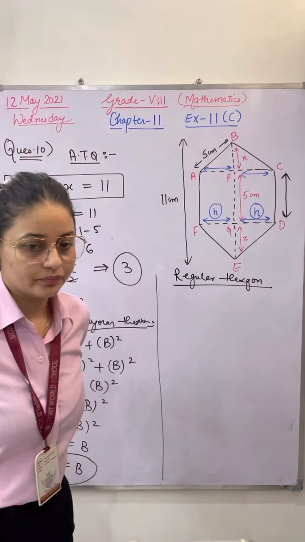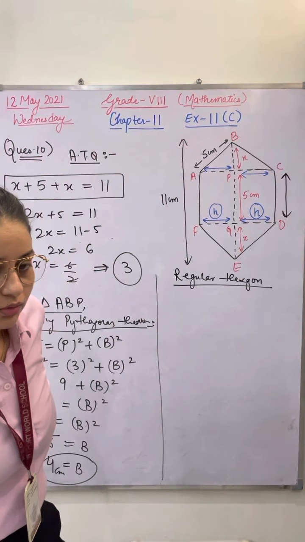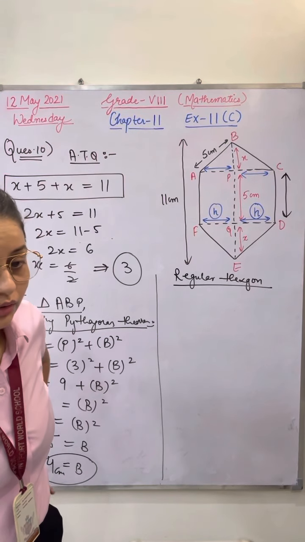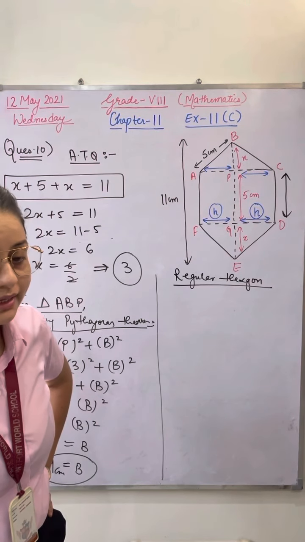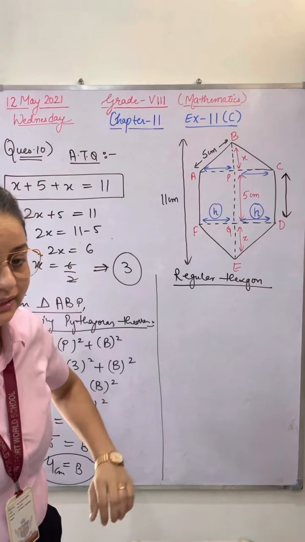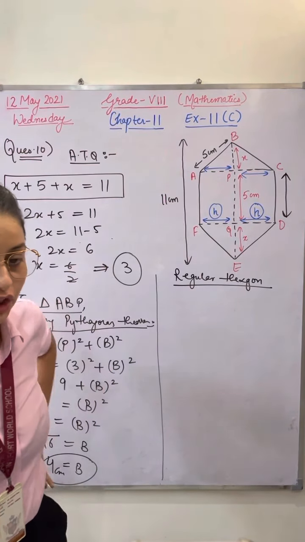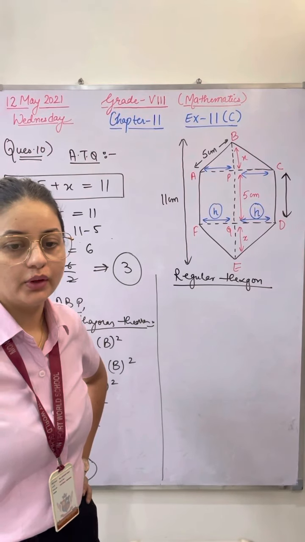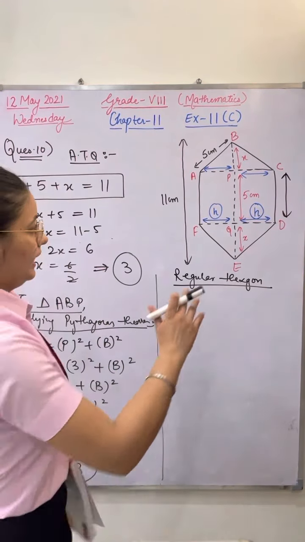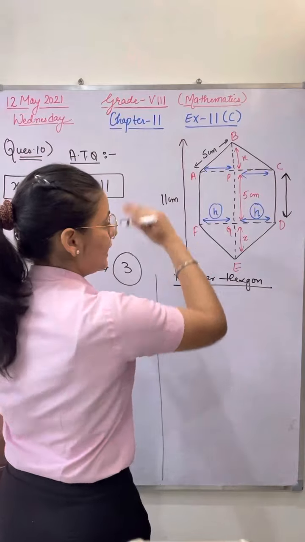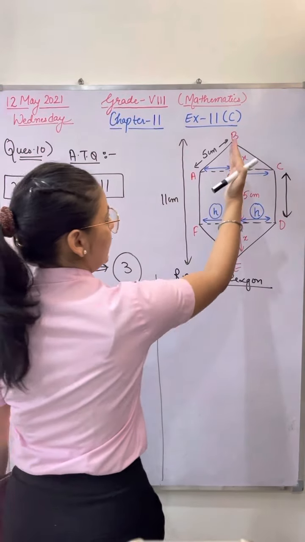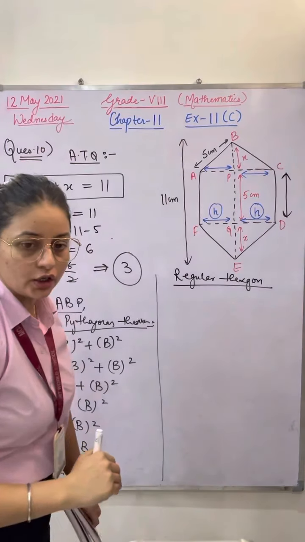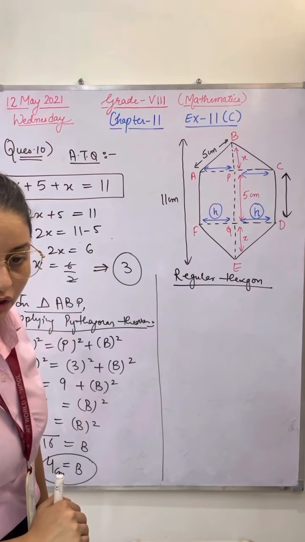Rakshit, no. Avika, no. Ashima, no. Dharya, no. Kanwar, yes. Arav, yes. Rakshit, no. Ashima, no. Okay, let me tell you. In this complete hexagon, we can split in 2 parts. This is one trapezium. This is second trapezium. Yes or no?